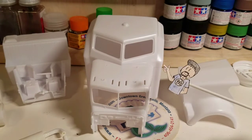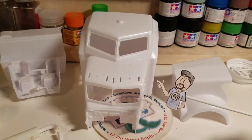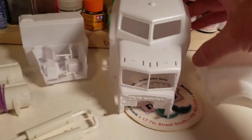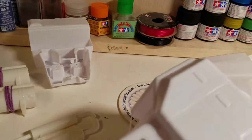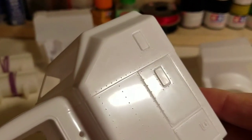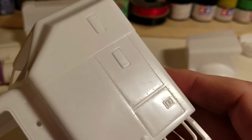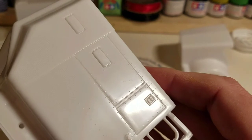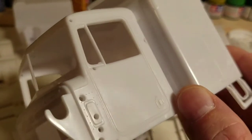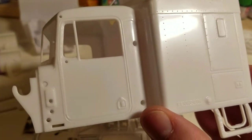And what's really sweet is that it's got raised detail for the rivets, but it's also got recessed detail for panel lines. I've set little BG down here, and let's see if we can get a good look at that. So you see the recessed panel lines with the raised rivet detail, and we also have raised door handles. So the thickness of this plastic would lend itself really well to cutting open some of these panels,